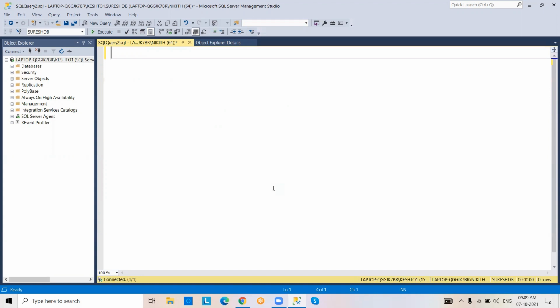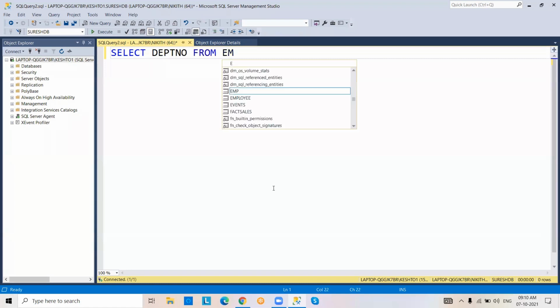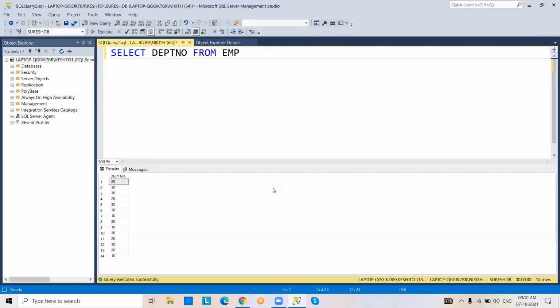Coming to SQL Server, how are we going to do it? Suppose we have select department number from employee table. How many department numbers are there? 14 department numbers available. 10, 20, 30 with duplicate data.